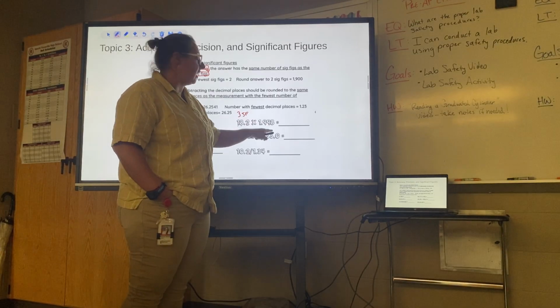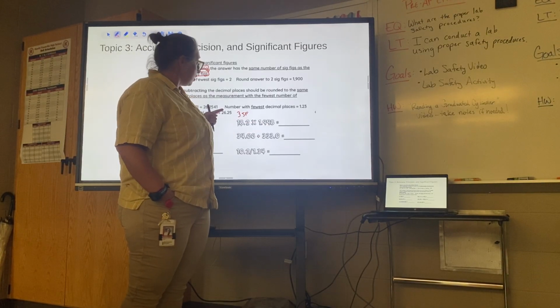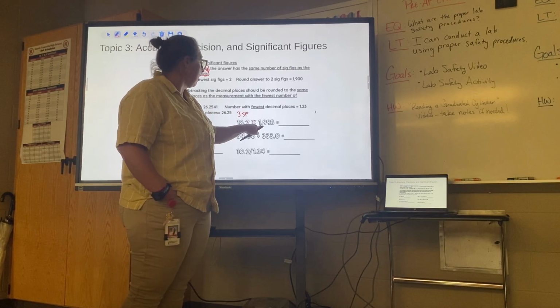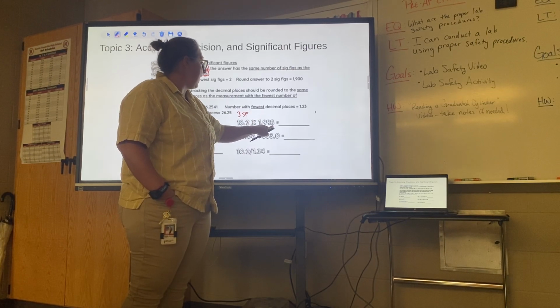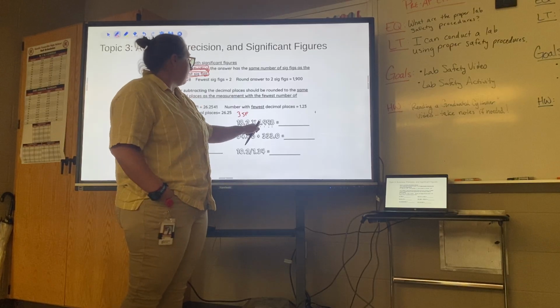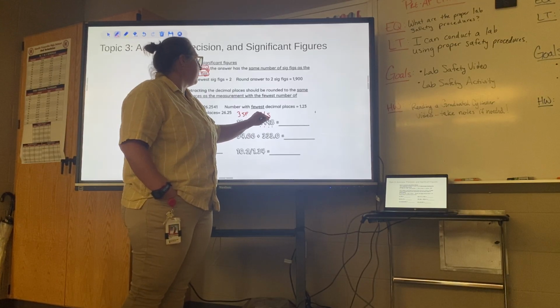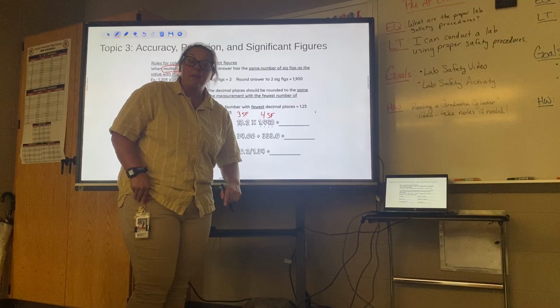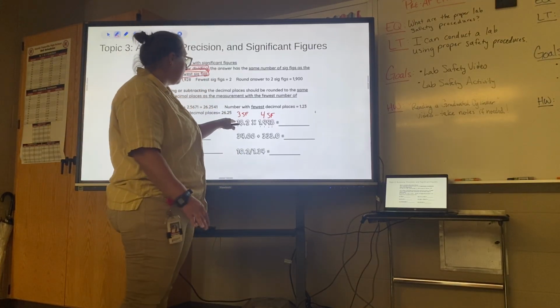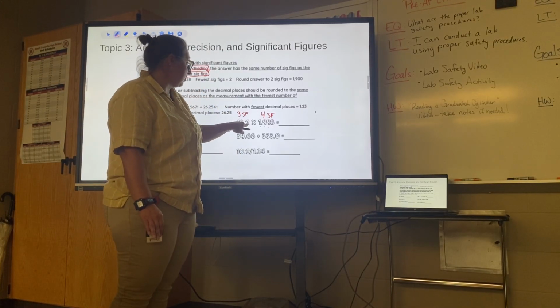For this number here, decimal is present, so we go in this direction. We hit our non-zero number. We count everything after. So therefore, this has 4 significant figures. So what I'm going to do next is calculate 18.2 times